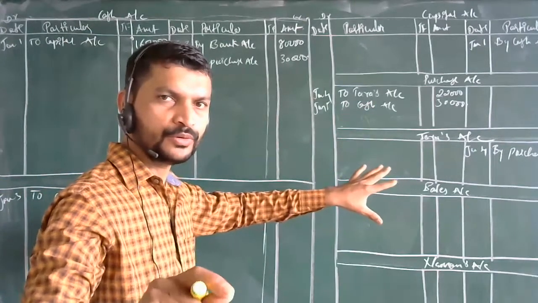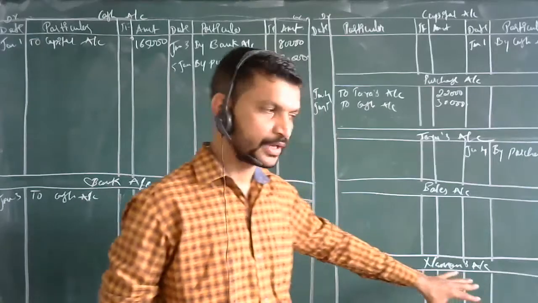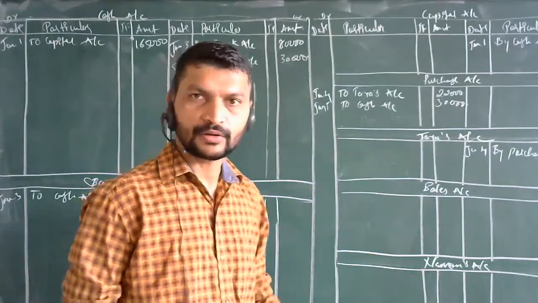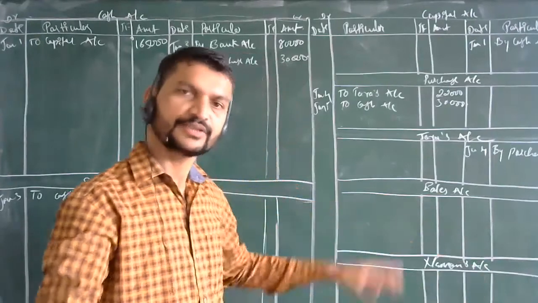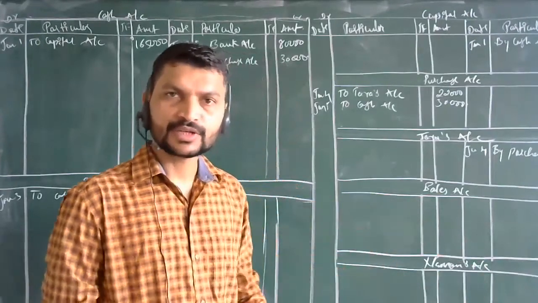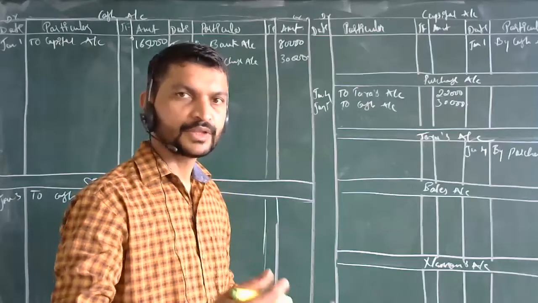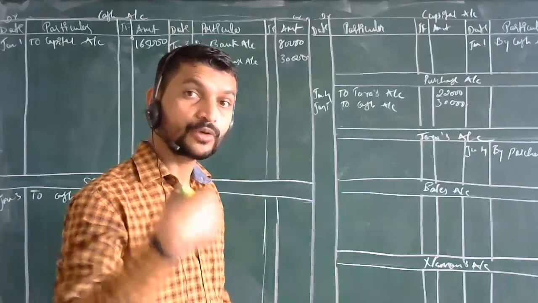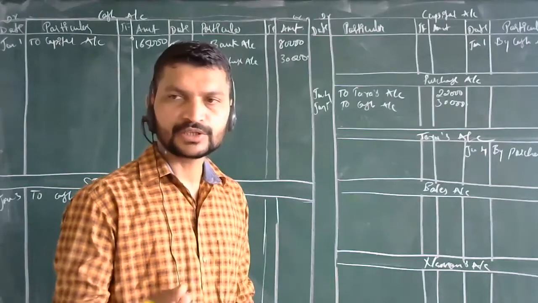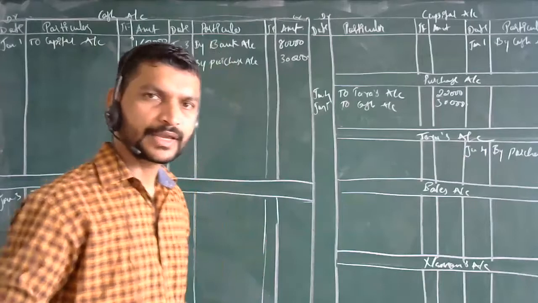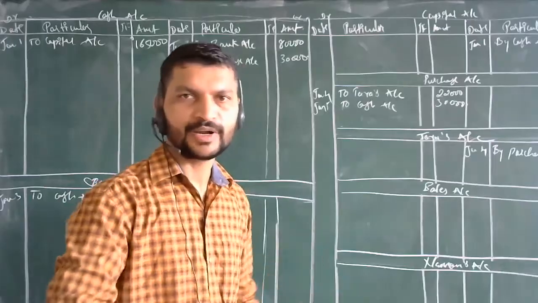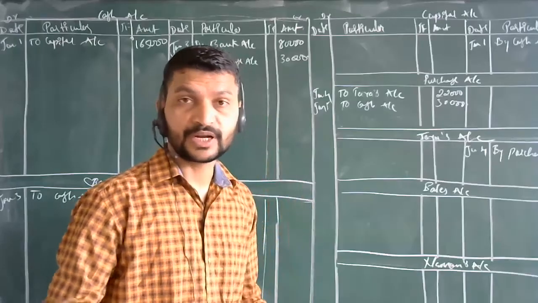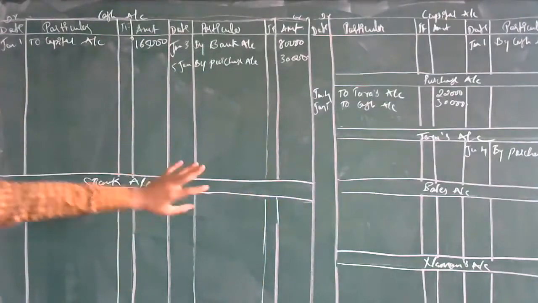Is it possible for you? Yes, sir. Roughly you do these entries. Yes, sir. Okay, so everyone has to do it. Don't leave that half of the part. Just like small accounts, you have to open them here. I will tell you all the entries, and just try to enter them over here. If any doubts come after the class, if we get disconnected, you can ask me which you are not understanding. For a physical doubt session, you can come individually, and anytime you can get all your doubts cleared. But for physical classes, the government has not given any permissions yet, so we can't manage that here. So till here we have got the entries.